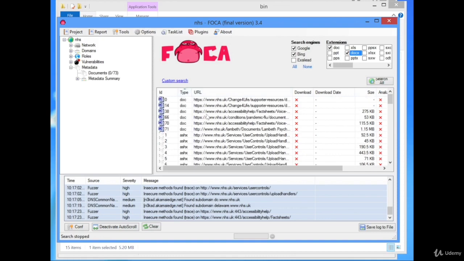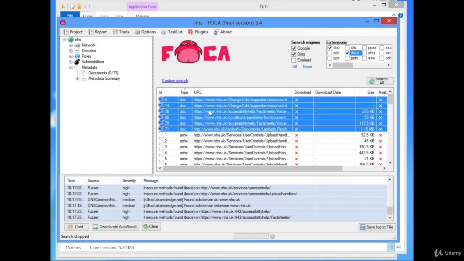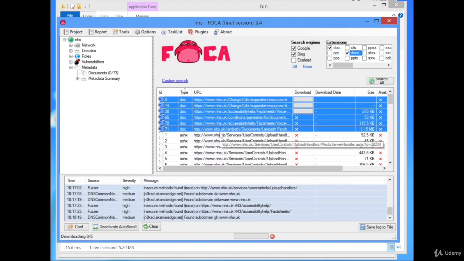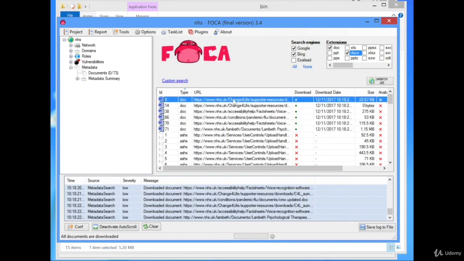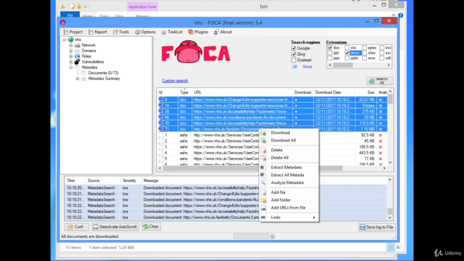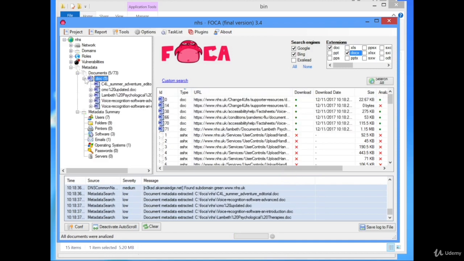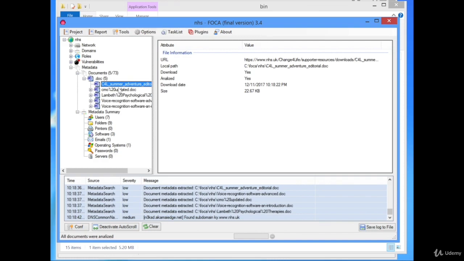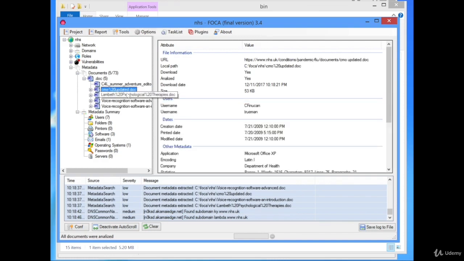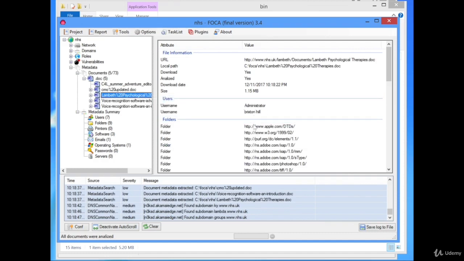Select the documents that you want to collect the metadata. Right-click and select Download. Select the downloaded documents, right-click, and select Extract Metadata at this time. Look at the nodes under the metadata node of the tree, and you will see the metadata extracted from the downloaded documents. You can examine the metadata of each document one by one,